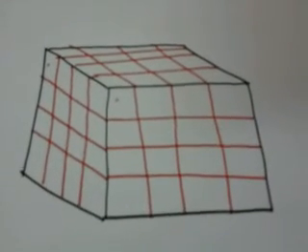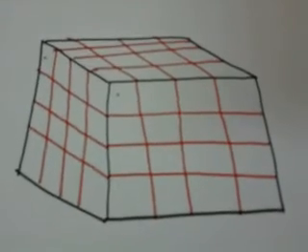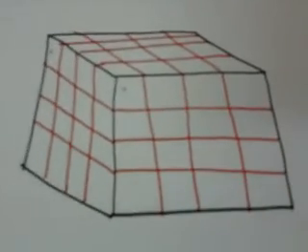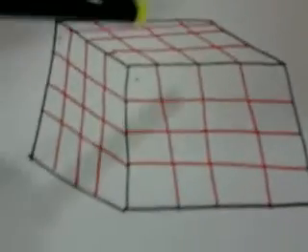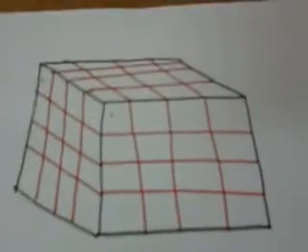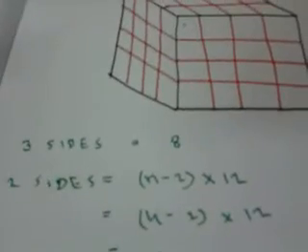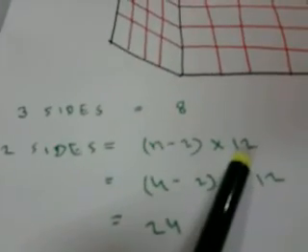Looking at the same question in terms of the number of smaller cubes from each large cube, if each large cube is divided into n cubed smaller cubes, that means each side is divided into n parts, then we can get the answers using these formulas. 3 sides painted, 8 of them. 2 sides painted means along the edge; there are 12 edges. On each edge you get n minus 2 cubes,